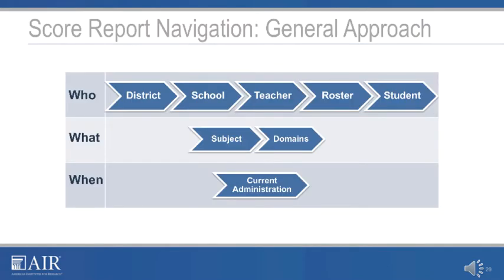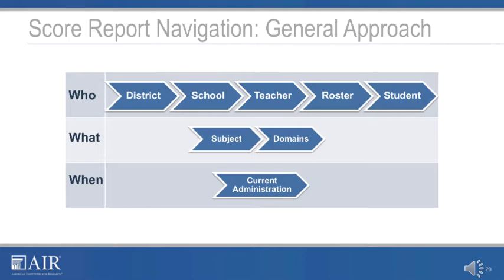This slide displays some typical examples of the selections you can make in the who, what, and when drop-down lists. Note that the particular selections you see will depend on your user role, the report you are viewing, and which entity's magnifying glass you clicked. When you see NA or no options in the drop-down list, that means you cannot navigate any farther into that